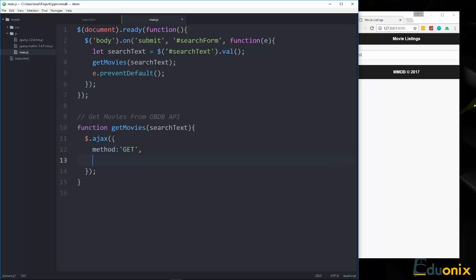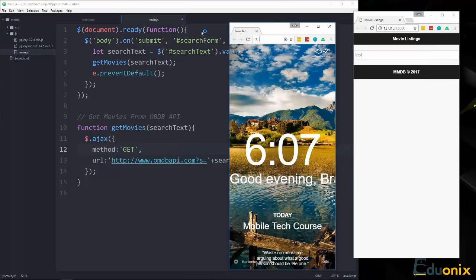And we want to specify the URL of the API. And that's going to be http://www.omdbapi.com, and we want an s parameter, so s equals, and then we want to concatenate the search text. Okay, and if we go to the API,